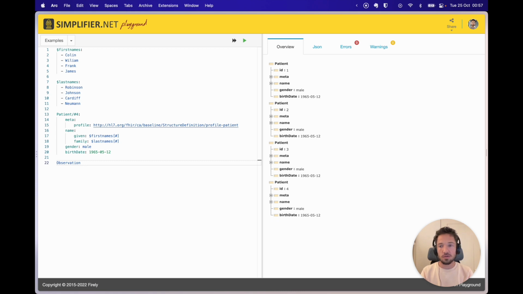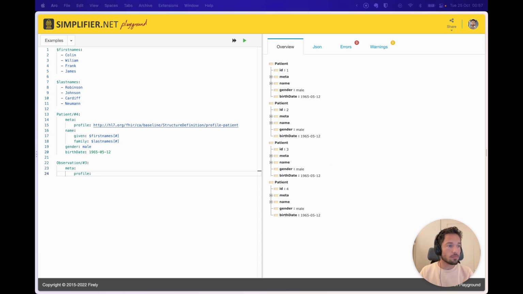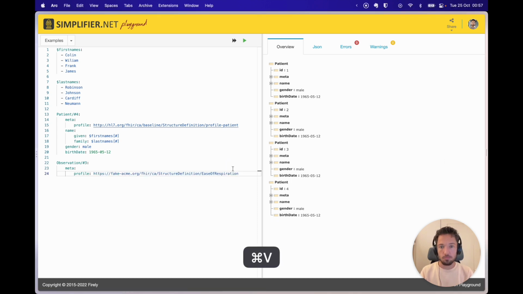So let's do the same for observation. Let's create maybe 3 different observations. And we're gonna put some information in there. Well, this observation needs to adhere to our profile that we've made earlier, and that's here the ease of respiration from Acme. So let's paste that in here. There's a few mandatory fields in this observation. So let's set the status here to final,